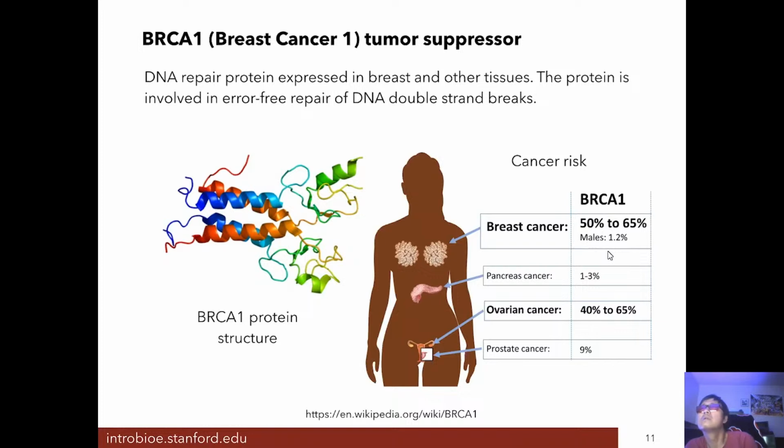Your risk of getting pancreatic cancer is around 1 to 3%. Your risk of getting ovarian cancer is 40 to 65%. It's greater than a coin toss for both breast cancer and ovarian cancer. So it's pretty severe. It's really significant that people have figured out that this one gene is so important for